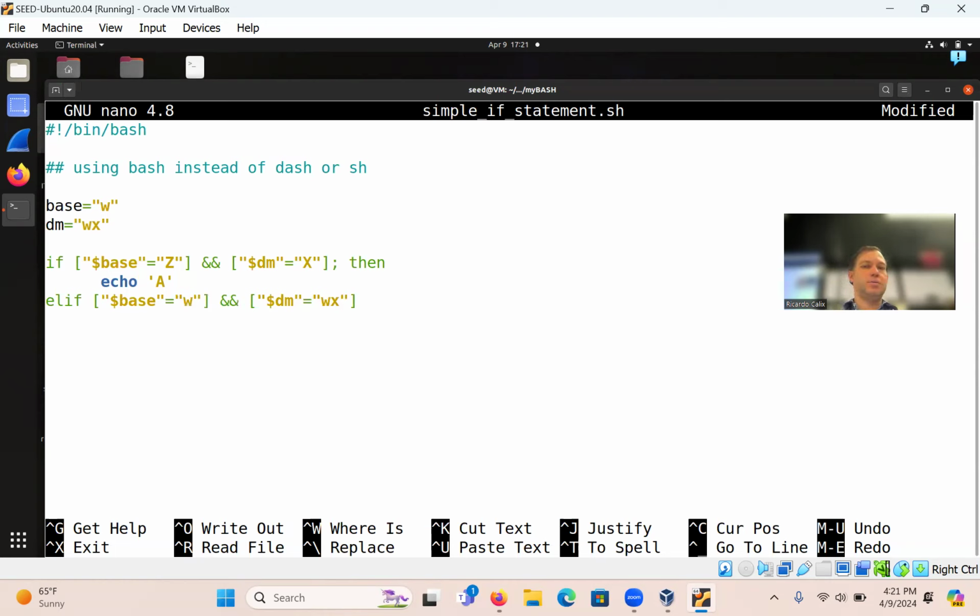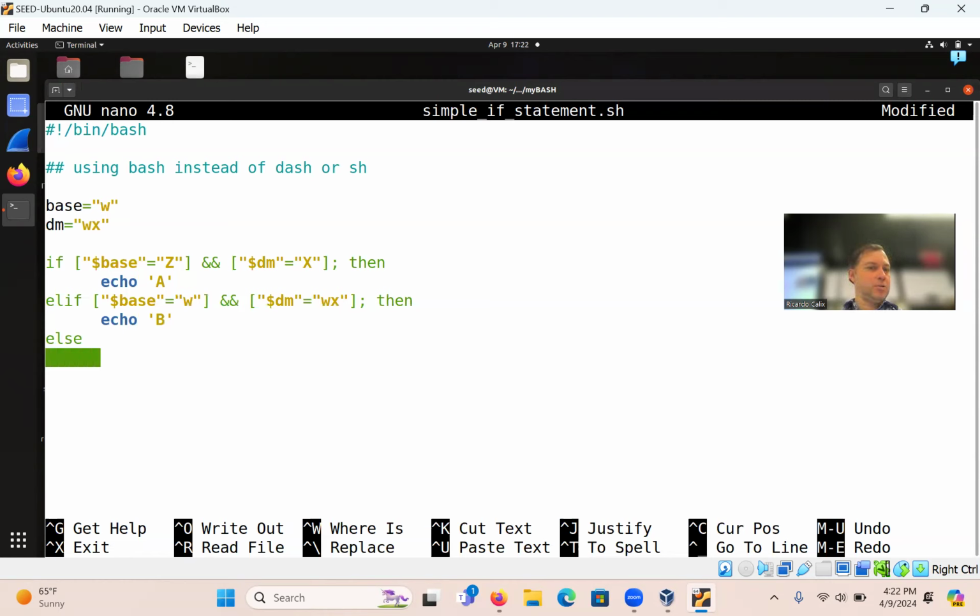The two variables. So it should match this one. Semicolon, then be consistent here. So I'll make them align. Now I'm going to echo B. And then else.